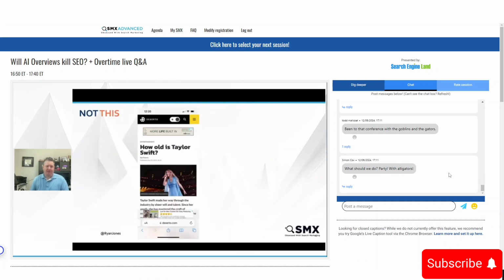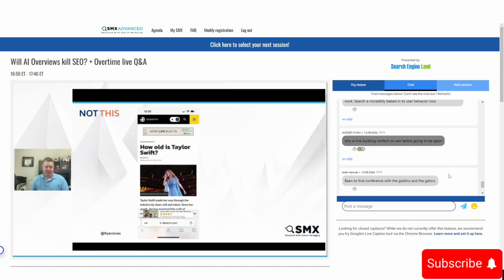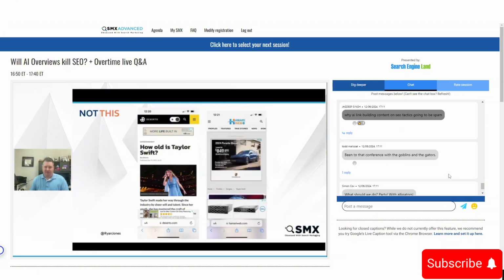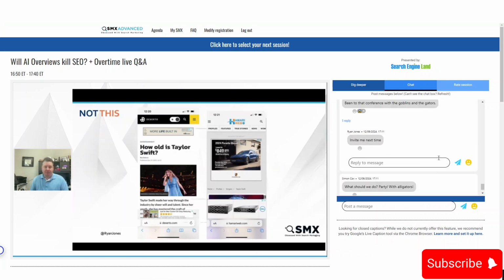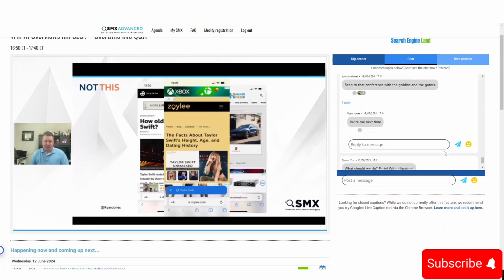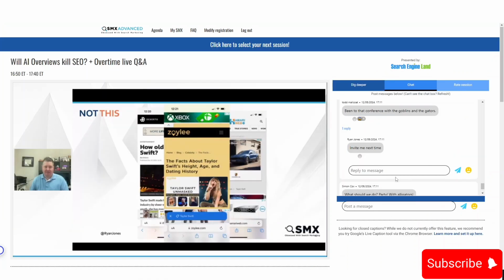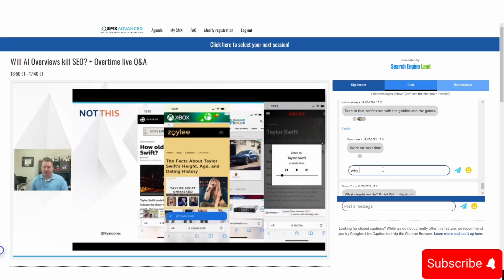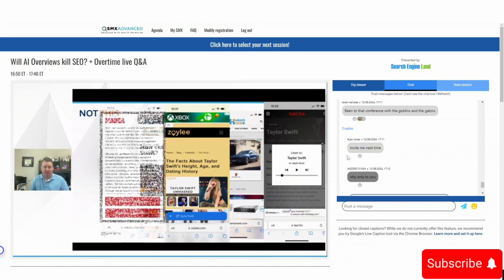And why don't I want a website? Because I don't want this with a bunch of ads and the number's not anywhere above the fold, or this one here where it's just all ads. In fact, there's an ad covering an ad on this page, right? Here's another page that ranks for that query. It's just all ads. Again, there's a pop-up, and there's no answer on the top of the page, right? Here, there's an answer, but it's covered by an auto playing music box that played one of her songs for me. Again, I just want the number, right?